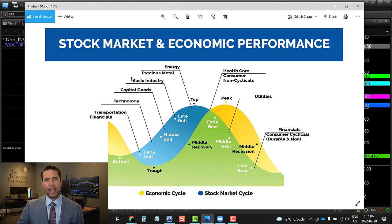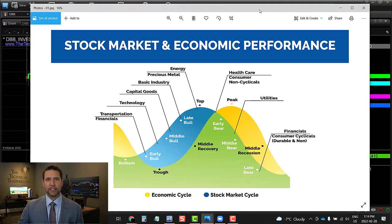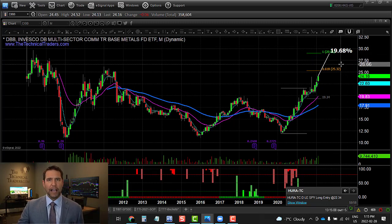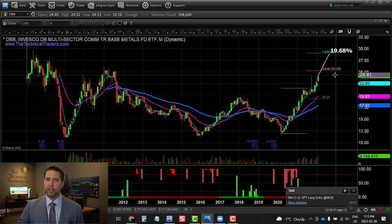And notice this, what happens? What are the top performing sectors during a topping phase in the US stock market? It's energy and precious metals. Energy has been on fire. Precious metals are just starting, and they're typically the last ones to make the run for it and become a leading sector before the stock market really breaks down, which will most likely pull precious metals with it at some point. But right now we're coming into that sweet phase. Commodities are doing well. And I think there's still more upside potential in that space. So that's an opportunity I think we should all be looking at, what's going on with Russia, Ukraine. It's going to add more to this commodity rally, this inflation,